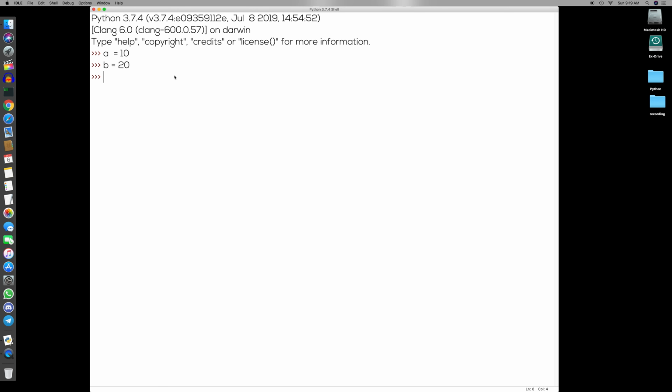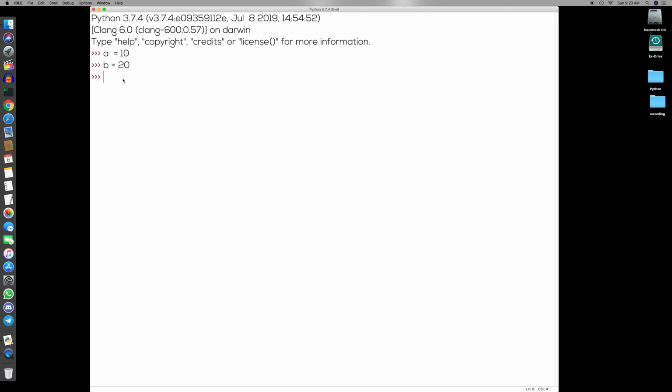These names are identifiers for variables, so we can easily identify them by that name. It could be a variable name, a function name, or a class name. We'll talk about classes and functions in later videos. For now, just remember that an identifier is just a name given to any variable, class or function.